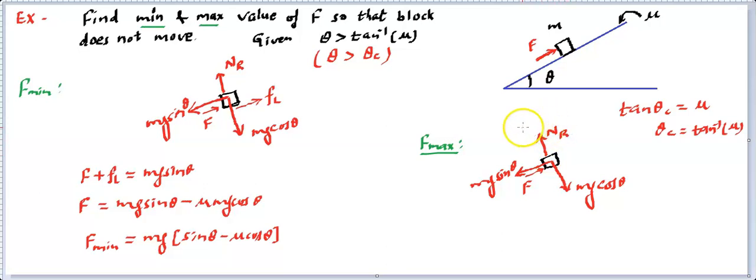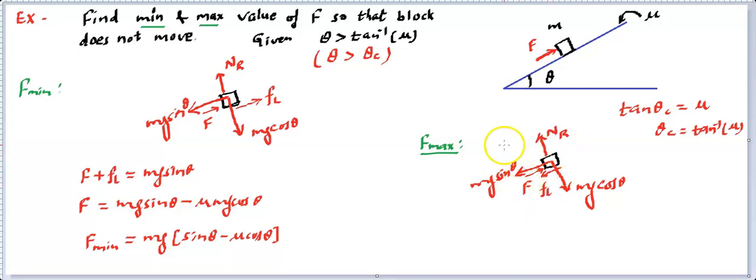But you know this friction is a reactionary force, right? It depends where the tendency is. Now when you're applying the maximum force, the tendency to move this block is going to be in the upward direction, because you are applying more and more force. So if you apply the maximum value, then the block is about to start moving in the upward direction. So friction has to come in the backward direction, and for this maximum, friction will be in limiting condition.